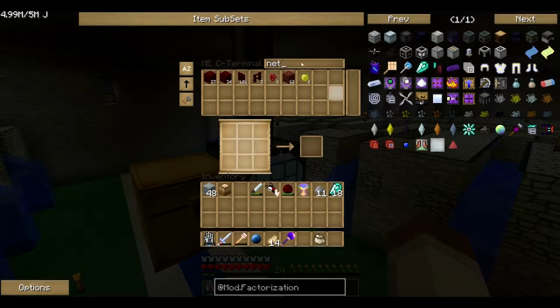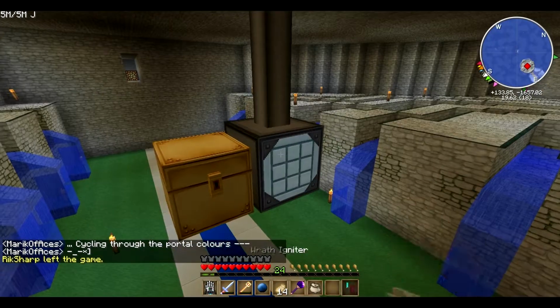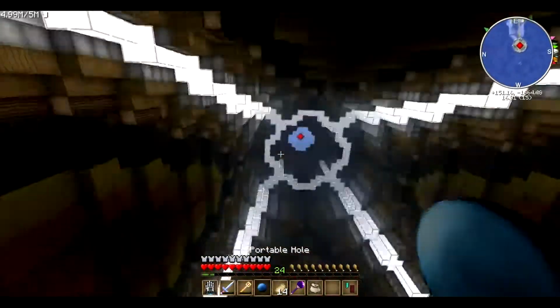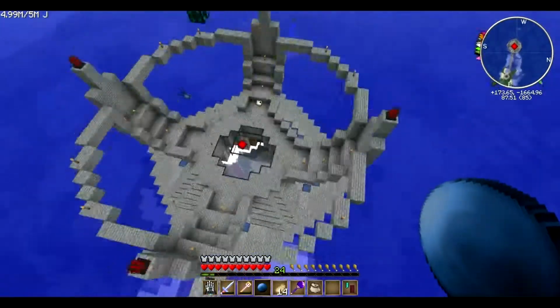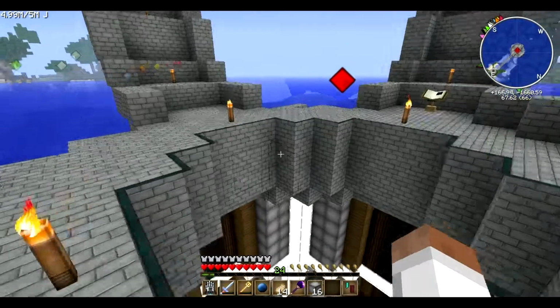Next thing we need is some nether brick. Get a piece of nether brick and a diamond shard all the way around, and you get a wrath igniter. Now, if I get some of our iron blocks, I'm going to go with, say, 16. Which means I've got to just split the stack. Well, split the half stack. And we're going to come somewhere where there's nothing flammable. Here will do. And if I place down said iron blocks,